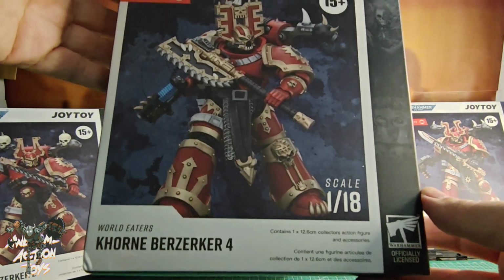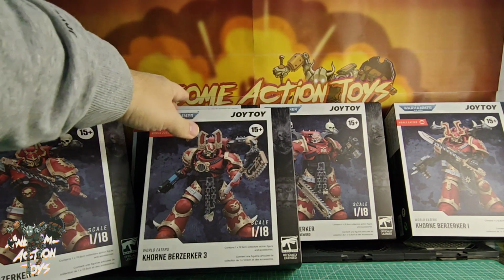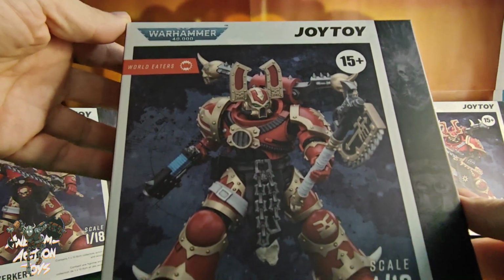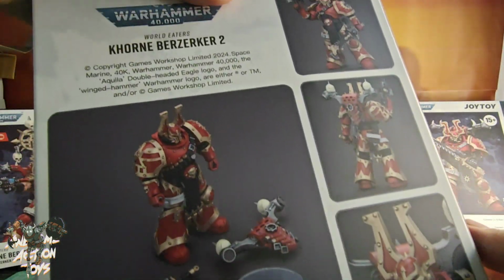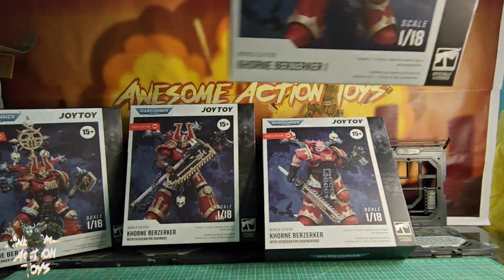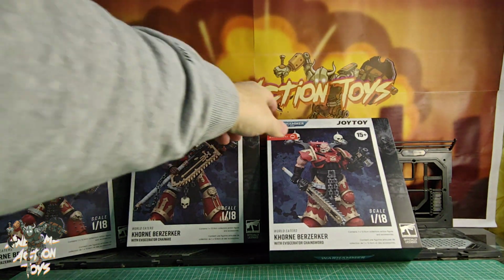Basically, they're just maximising the use out of their tooling. Hopefully to maximise sales, because I know the Chaos Khorne should be quite popular. So it looks like we've got actually 3 of them with that same sort of no armour on the arms. Or 4, actually, the first one as well. The longest part will be the accessories and close look. Then after that, articulation is the same for all of them, what it should be. And size would be quite similar,